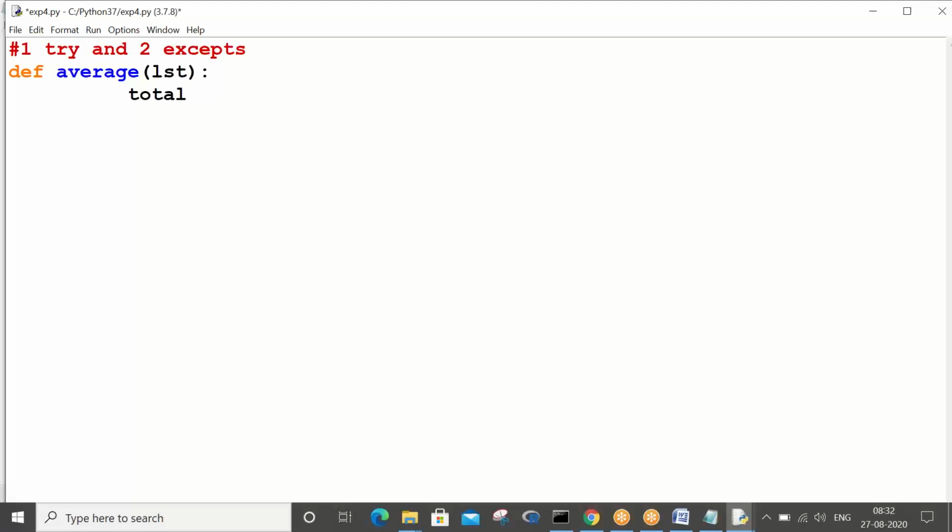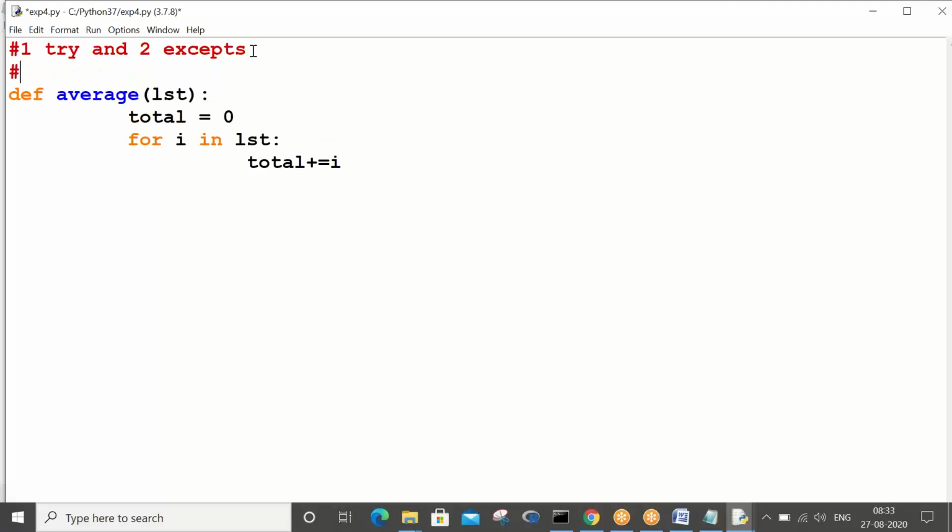So total is equal to 0. You take a variable. Now for i in your list, whatever list you are bringing inside, total plus equals i. What you are trying to do here is find the sum and average of a given list.